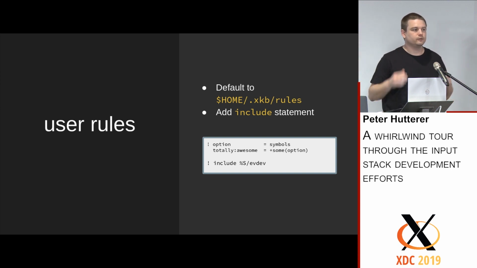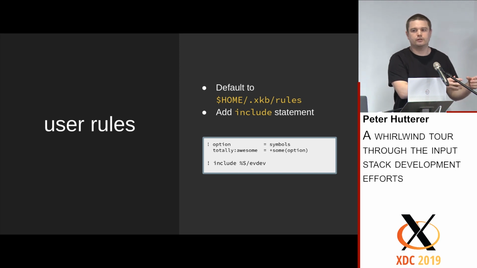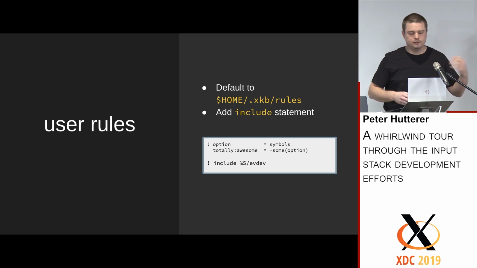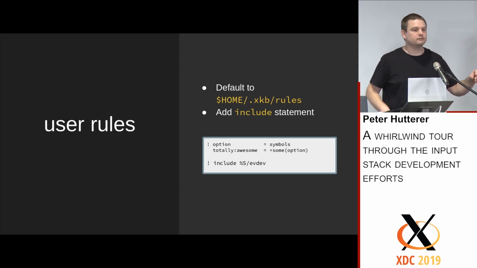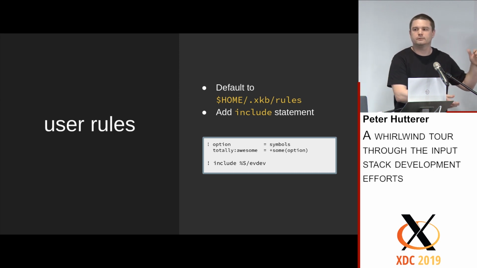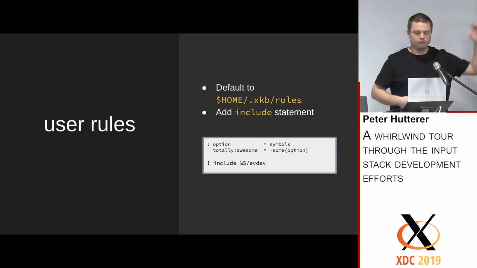Which is the normal hard-coded one. So we just default to load the rules files from the user home directory, and if that doesn't exist, fall back to the system one. And inside that, there's a new statement inside those rules, the bang include statement, and that basically says, from the system folder, that's the %s, what that's going to resolve to, load the fdev rule set. So this gives you exactly the same behavior as before. You should still load all the ones that the system installs anyway, but you can override it with your custom